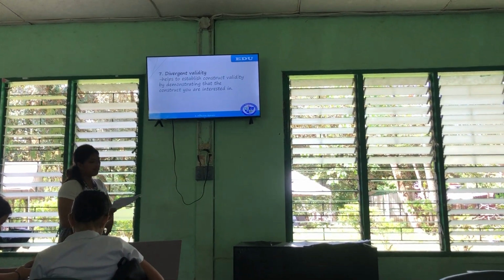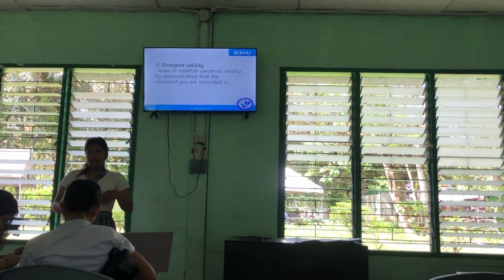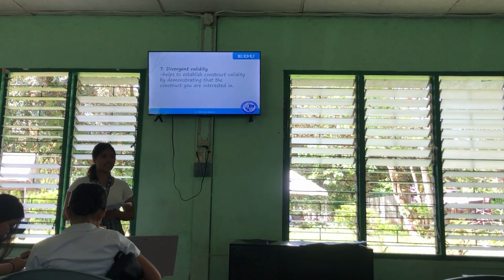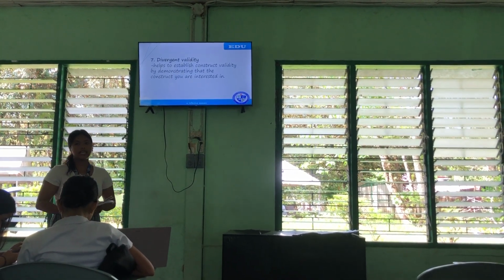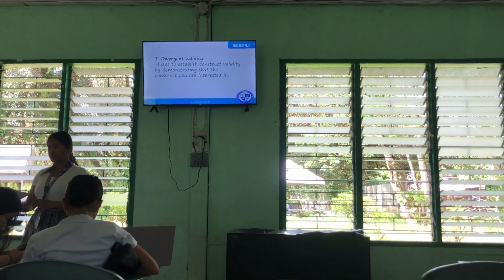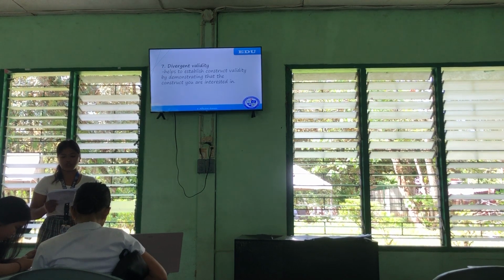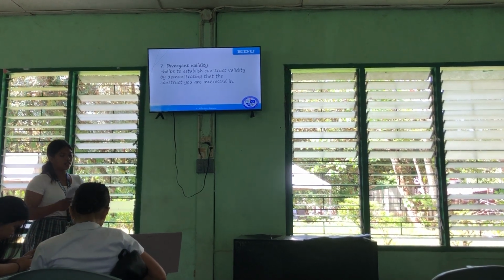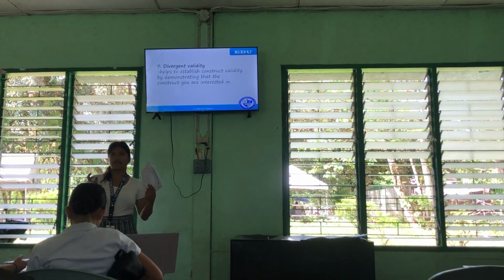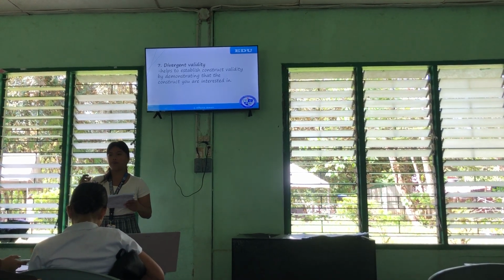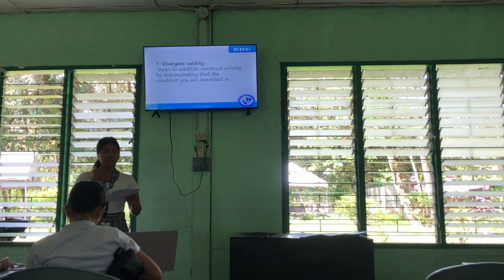So divergent validity in educational assessment is like making sure that a test is asking the right questions for what it's supposed to measure. Example, let's say a test to measure how creative students are. So divergent validity checks if this test is really about creativity and not